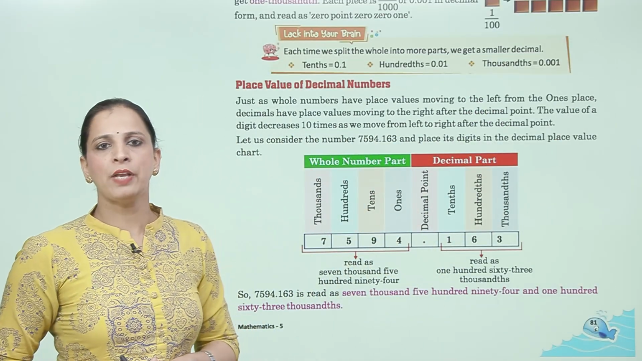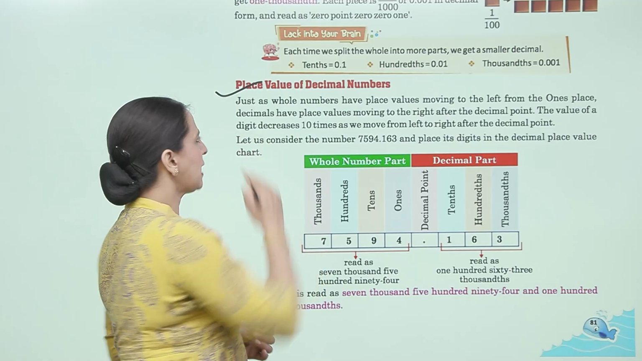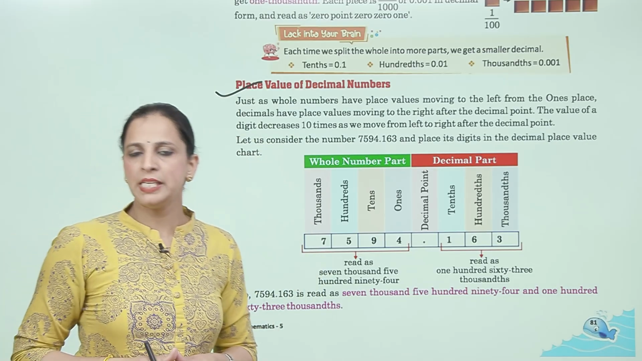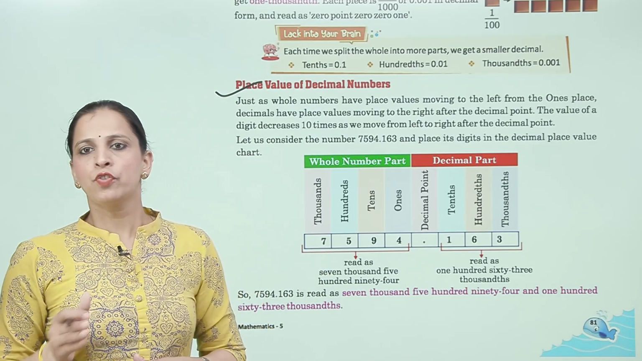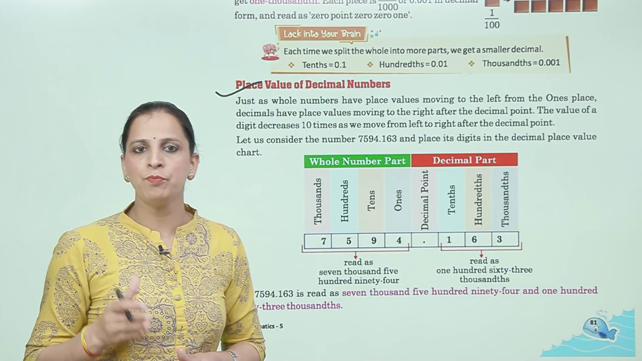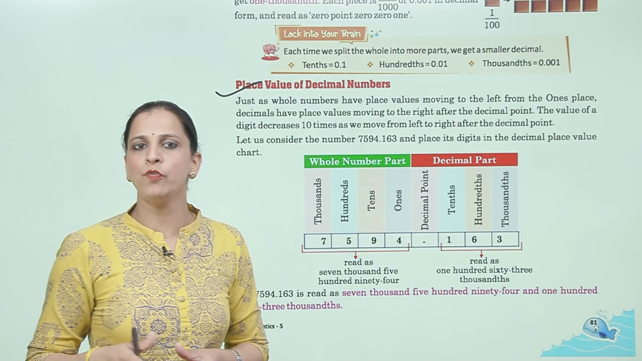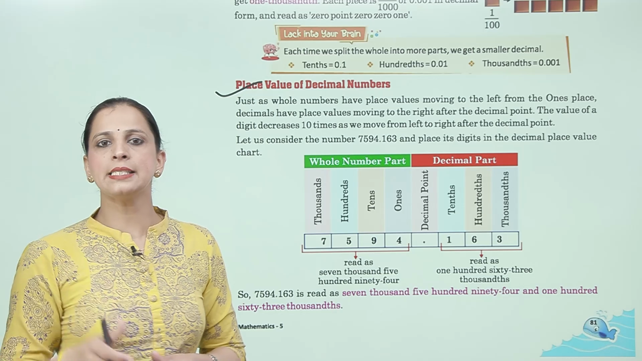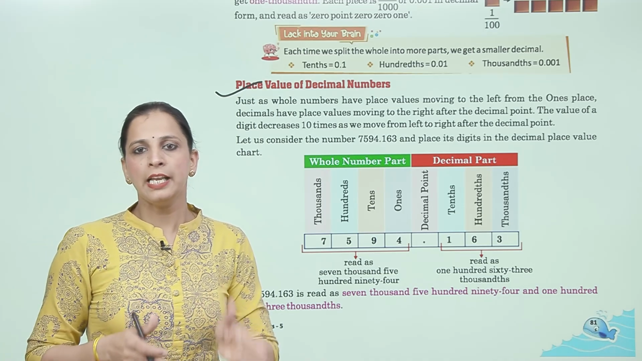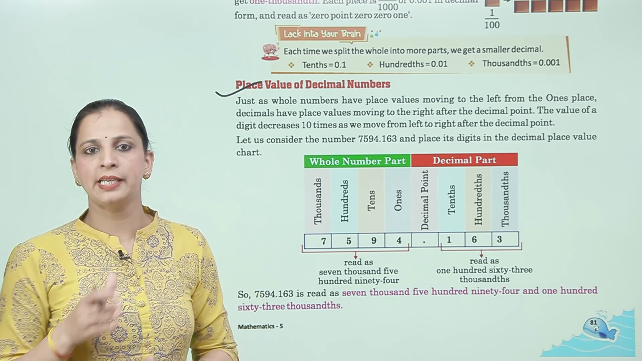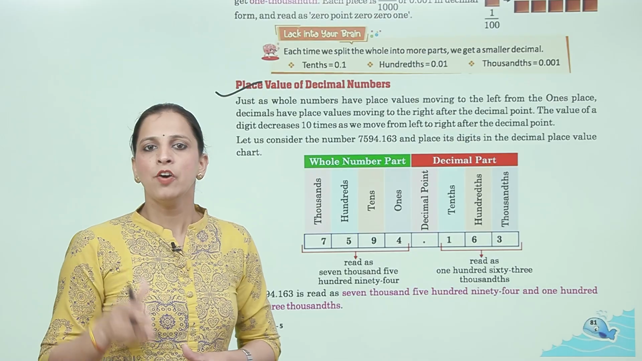Now, place value of decimal numbers. Just as whole numbers have place value moving to the left from the ones place, decimals have place value moving to the right after the decimal point. The value of a digit decreases 10 times as we move from left to right after the decimal point. Let us consider the number